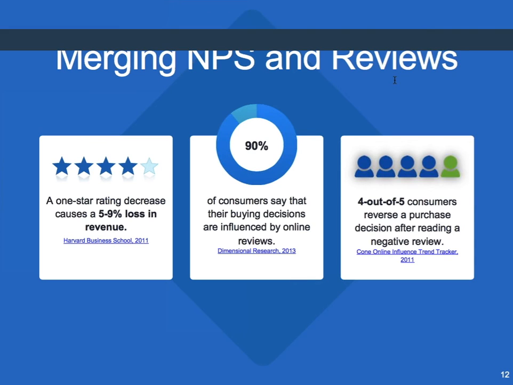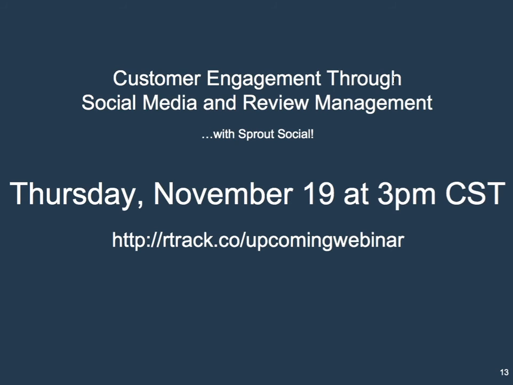Now, one unique feature that ReviewTrackers has is an intelligent feedback tool that you can use within our platform. It helps minimize the risk of negative reviews to your business, and it's actually based on the Net Promoter Score. It's a landing page you can send to a customer that asks that one question: how likely is it that you would recommend the business? Now, dependent on the score, the customer is either asked to leave internal feedback or is encouraged to leave an online review. So for example, if a customer selects any number 0 through 6, then he or she is asked